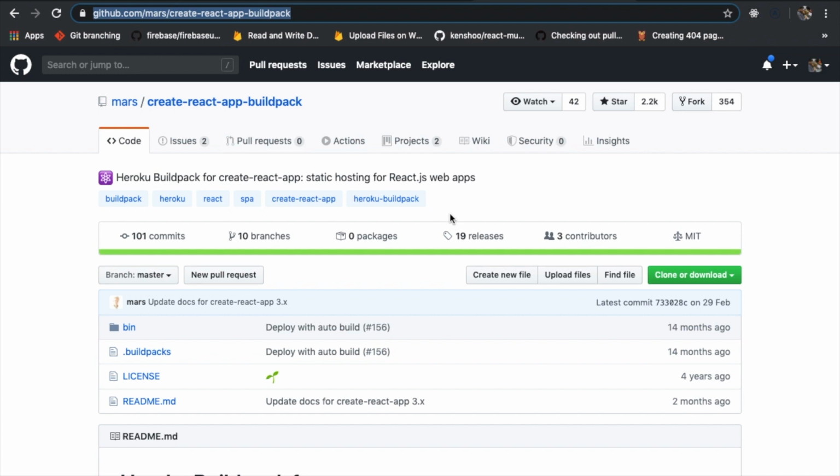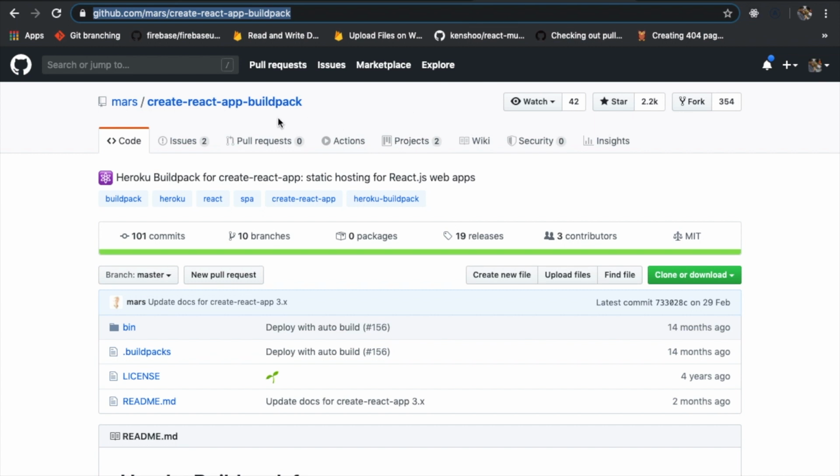To explain this, the very simple analogy which I can come up with is that build packs are like chefs. Just like a chef knows how to mix up all the ingredients to produce a dish which can be served to the client, build packs do the same thing for websites. They tell the build process that this is the way in which you have to compress the files, this is the way in which you have to create new files, and this is the way in which you have to minify files together so that they can be delivered to a client in the most effective and efficient way possible.